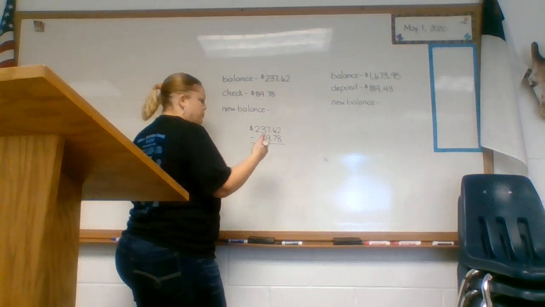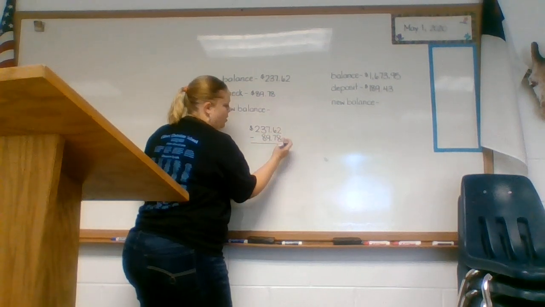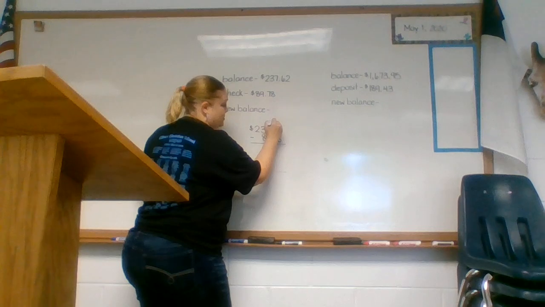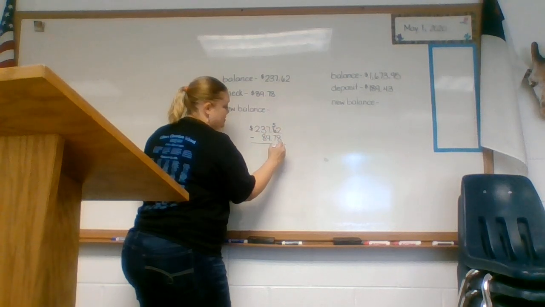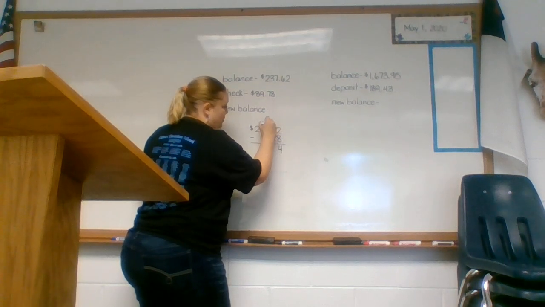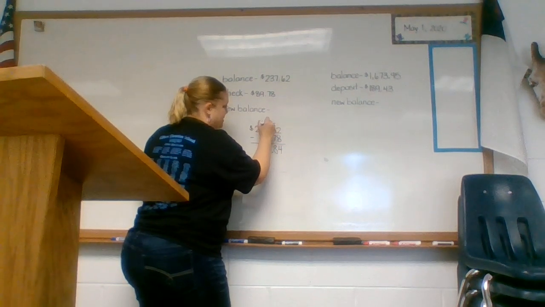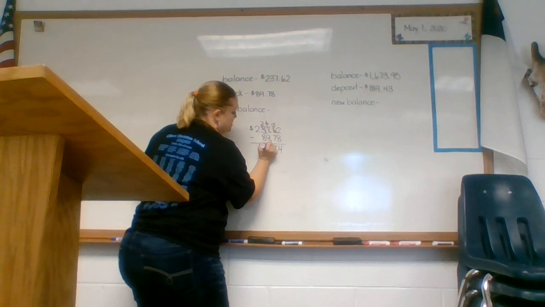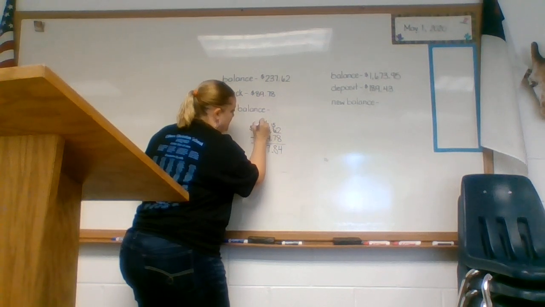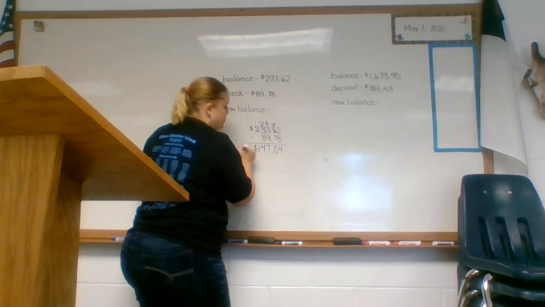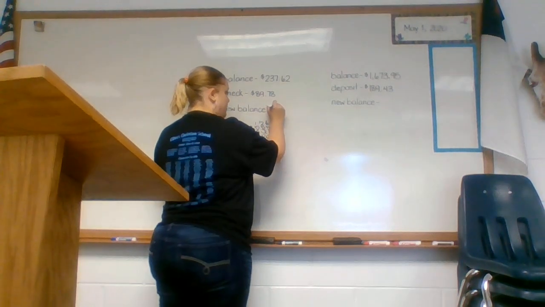You don't have to when you're multiplying and dividing, but we always do. So we're just going to do some basic subtraction today. Woohoo! I know some of you are extremely happy to hear that word basic. All right, 16 minus 9, 12 minus 8. So your new balance that is available